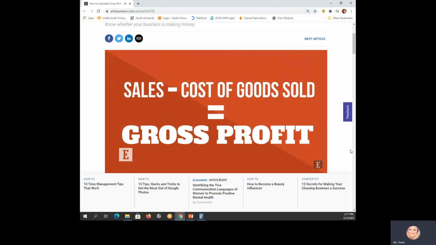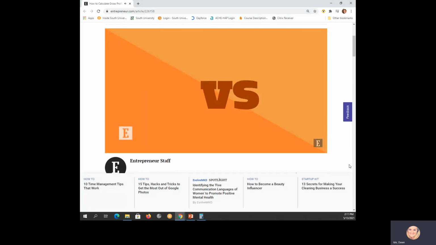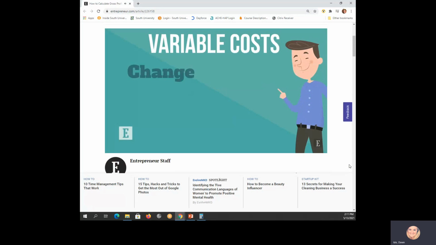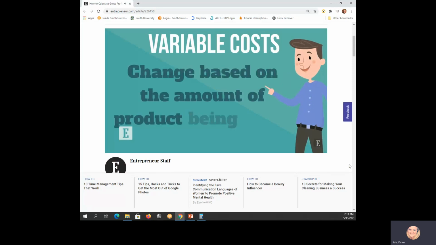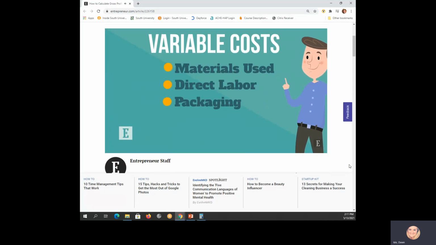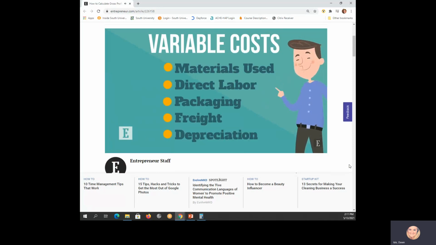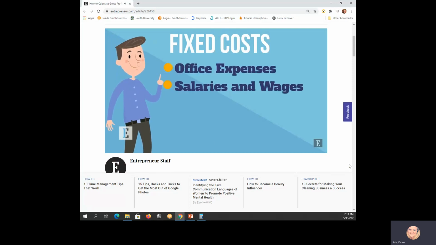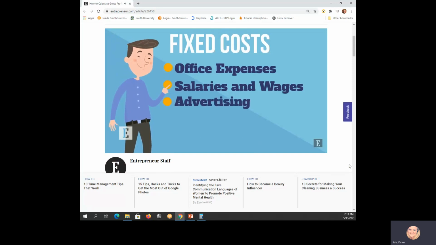To understand gross profit, it is important to distinguish between variable and fixed costs. Variable costs are those that change based on the amount of product being made. These include materials used, direct labor, packaging, freight, and depreciation on equipment. Fixed costs are more static in nature. They include office expenses, salaries and wages of office staff, including taxes and benefits, advertising and other sales expenses, insurance,